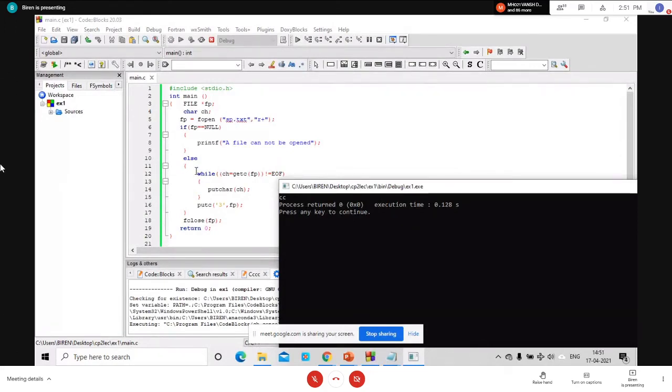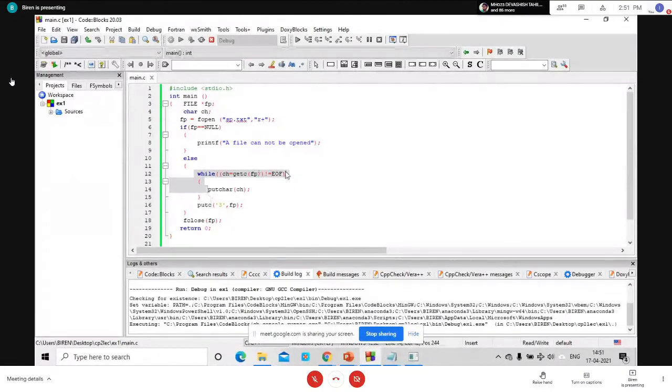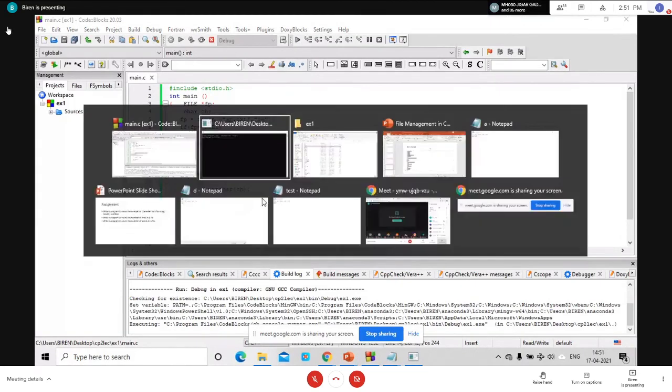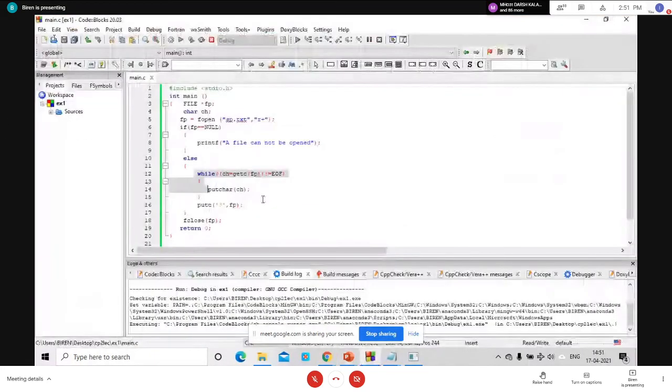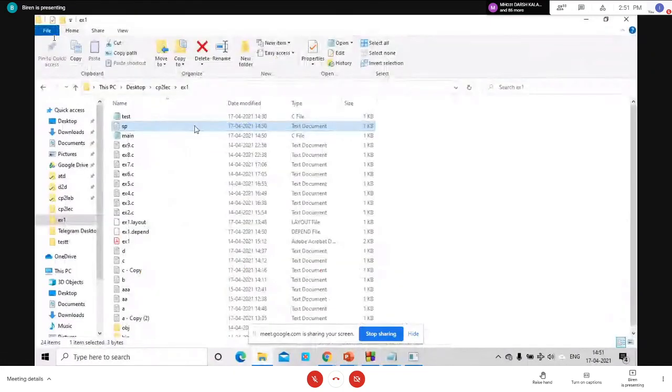When execution is over, meaning when the compiler reaches the end of file character, the execution of the while loop is over. Then I'm going to write 3 at the end of the last character. So I'm going to write 3 in sp.txt.